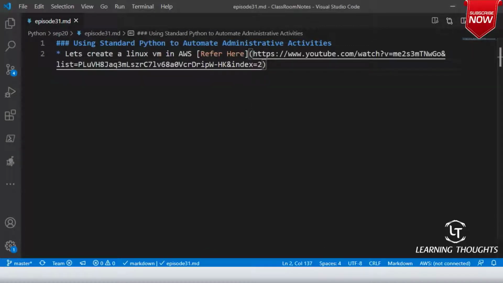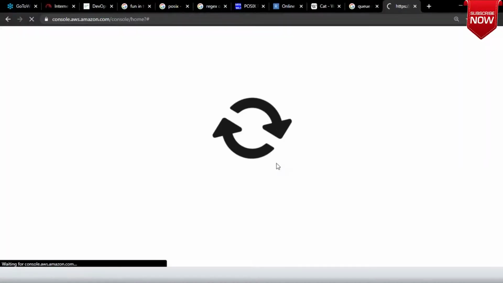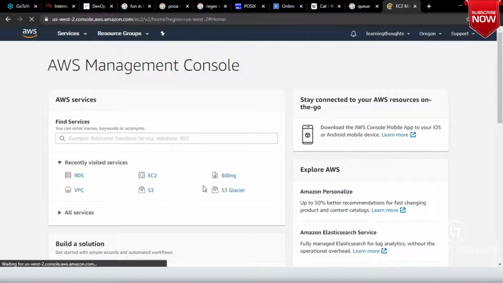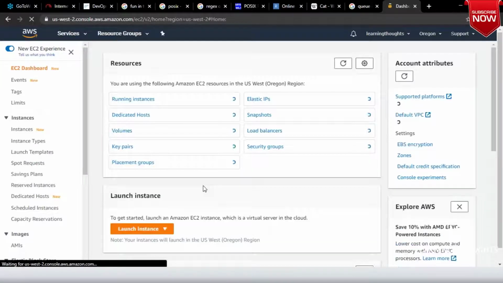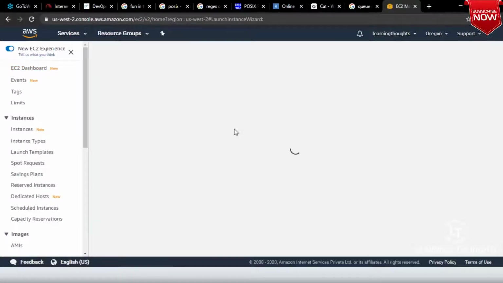Fine. I'm going into my AWS account, and then I'll quickly create one Linux machine. Let me launch an instance.